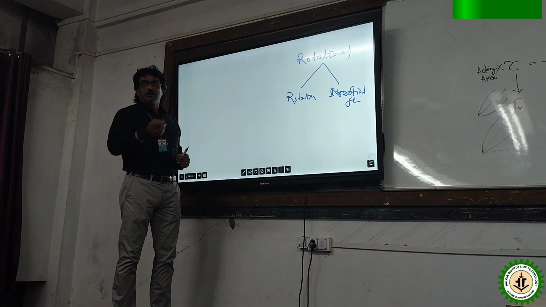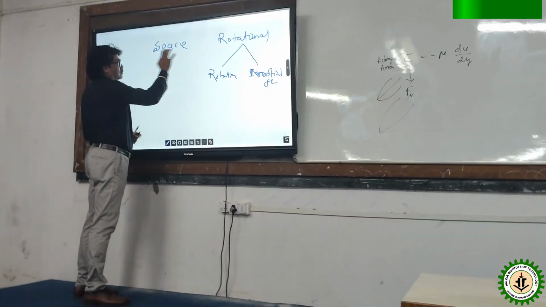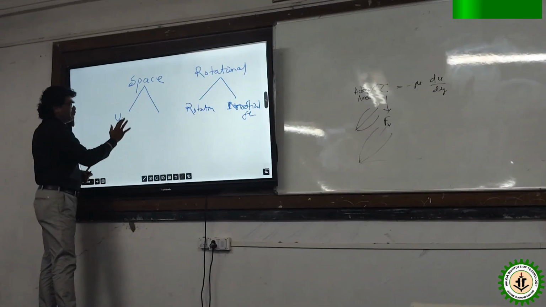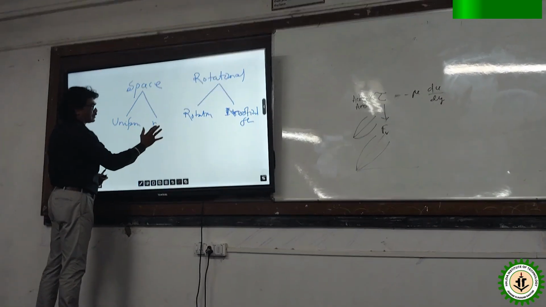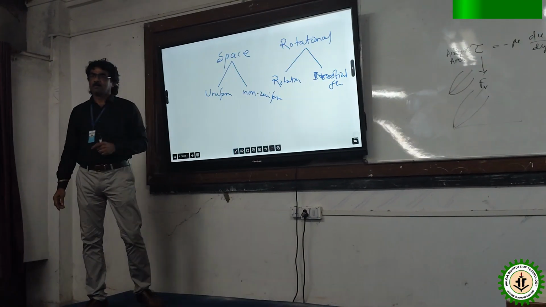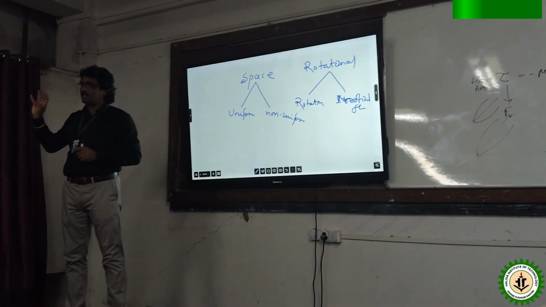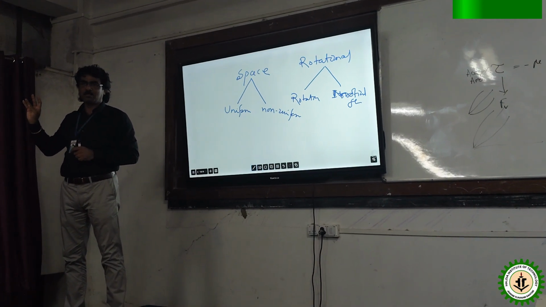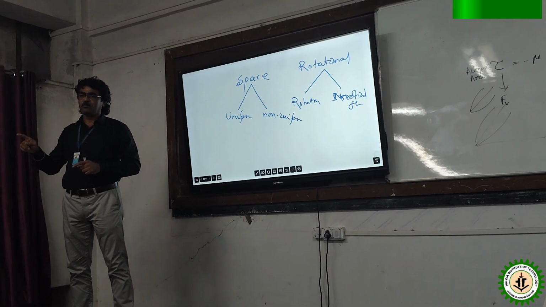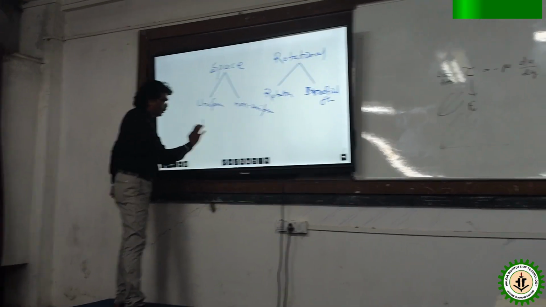Rotational, irrotational. The character is space: uniform, non-uniform. Clear? How many types will there be? Steady, unsteady, laminar, turbulent, compressible, incompressible, rotational, irrotational, uniform, non-uniform. Space: uniform, non-uniform. If I go for the dimension,